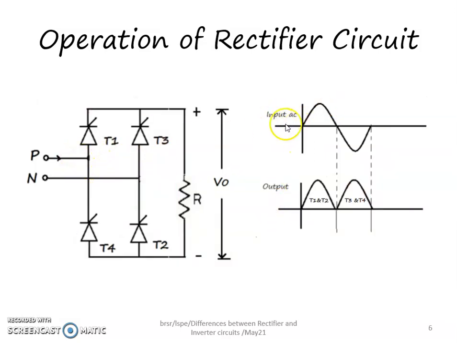If the input is an alternating current, during the positive half cycle the conducting thyristors are T1 and T2. So we get the output similar to the input supply, and when the thyristors T3 and T4 are given the gating during the negative half cycle, you will get the output again in the same direction. Though the input is alternating in nature, you get an output which is unidirectional. By using proper filter circuits, we will be able to make this unidirectional output a pure DC.